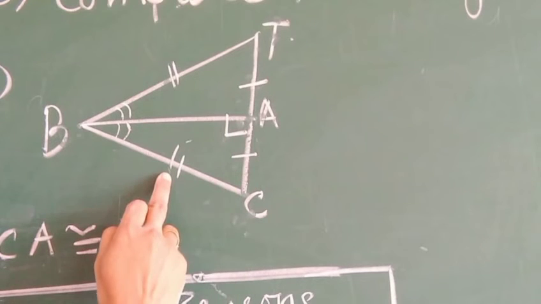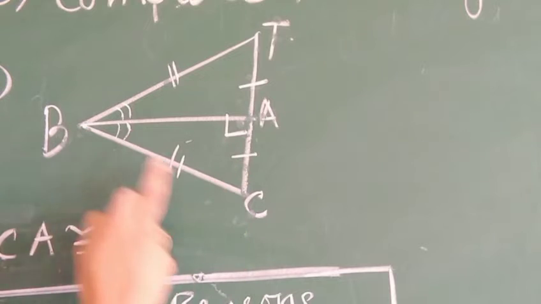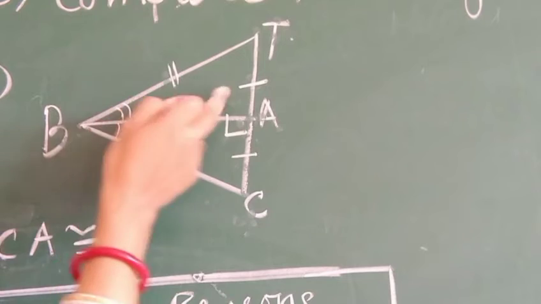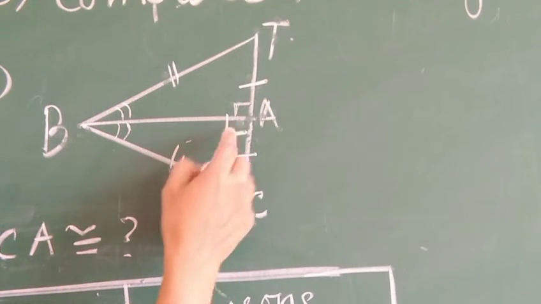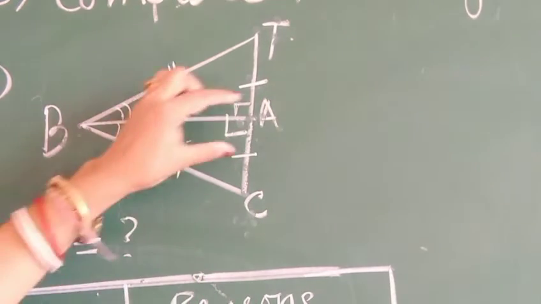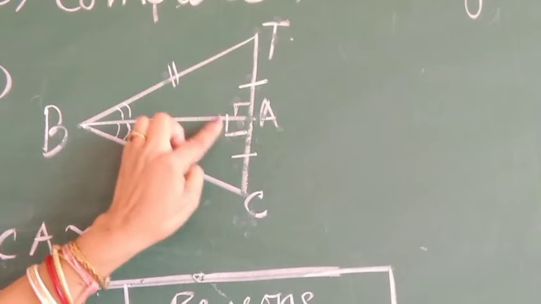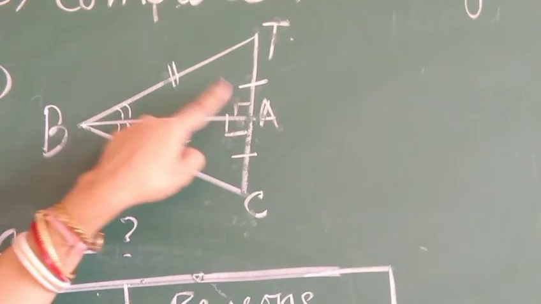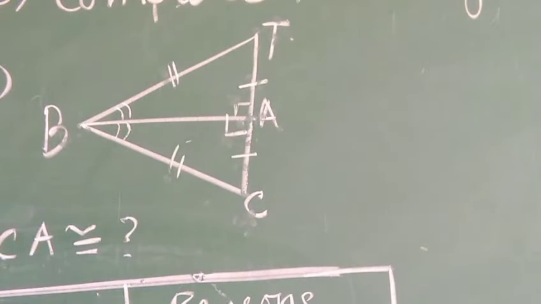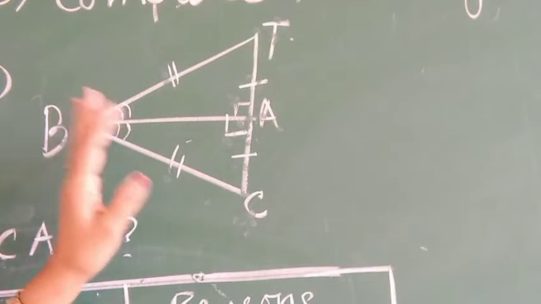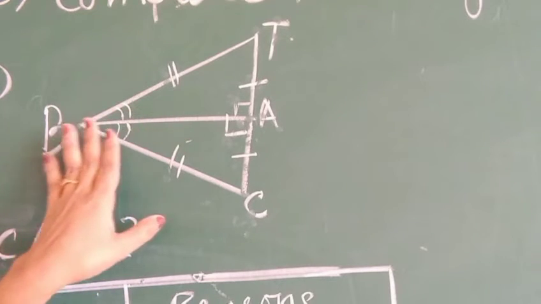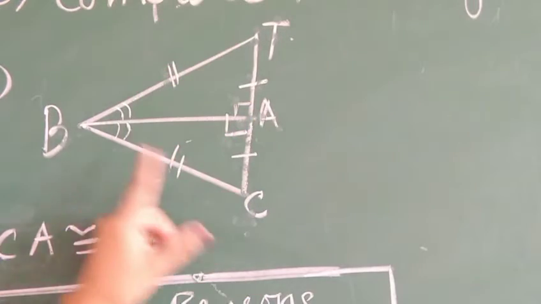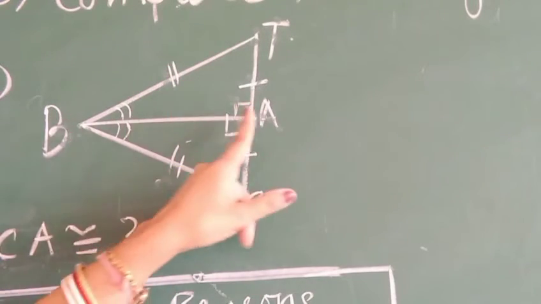Right angle hypotenuse, and one side of triangle BCA is the same as BTA. Because if it is a right angle, that means this is also a right angle, as the sum is 180 degrees, this one is 90, the remaining also 90. We can use this. More easy, this side is equal to this side, both given, and we can take BA common in both the triangles.